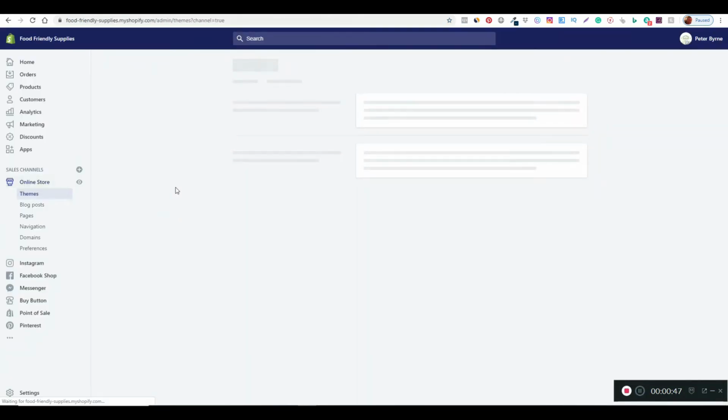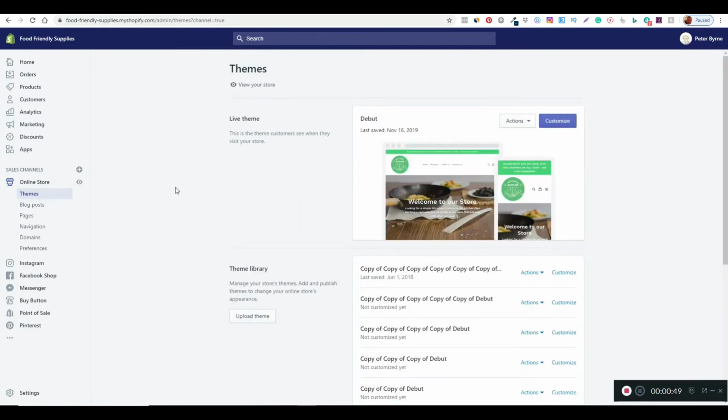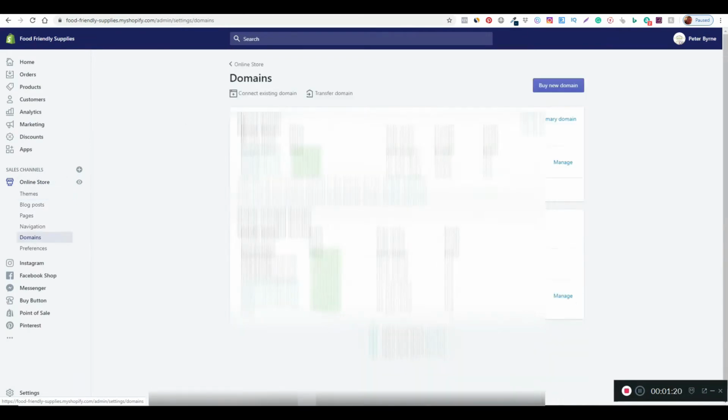Also, before you proceed with this, just to cover your own back, make sure that you have everything checked off your list that you want out of the way, like exporting your email leads list, deleting and uninstalling unused apps from your store, and changing your general settings, payment settings, and so on. So once you've clicked on online store, we're going to go down here to domains,